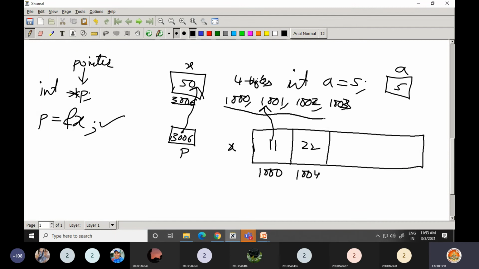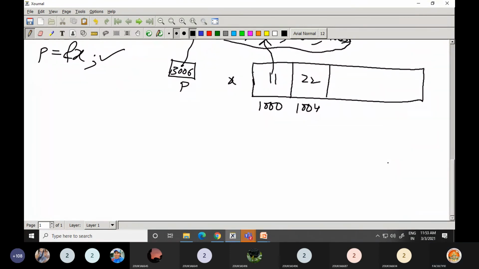Then immediately the next byte address is 1004. So for this 22, 1004, 1005, 1006 and 1007 are allocated, and we say only the first byte address as the address.